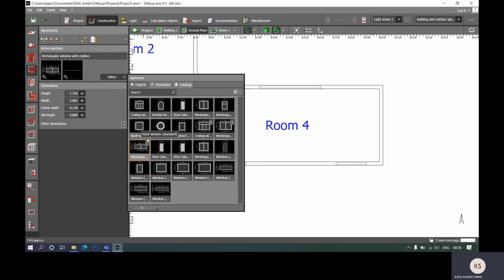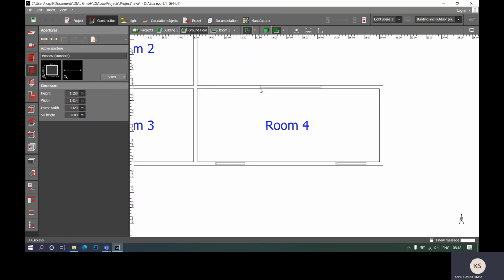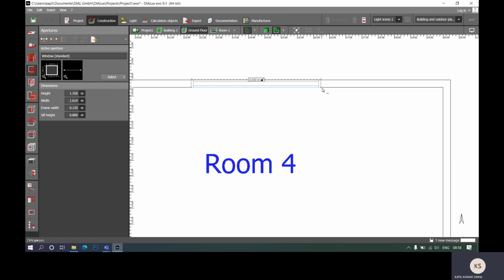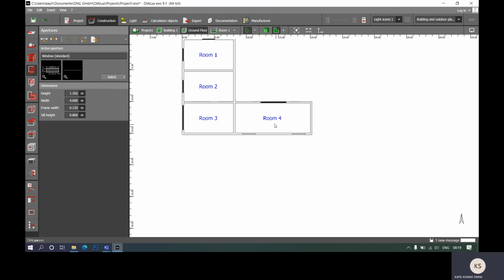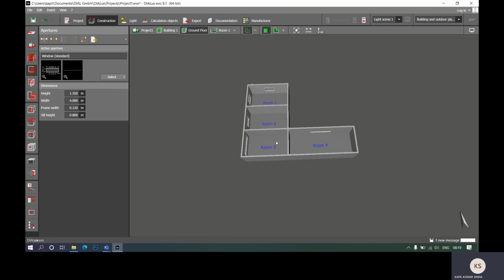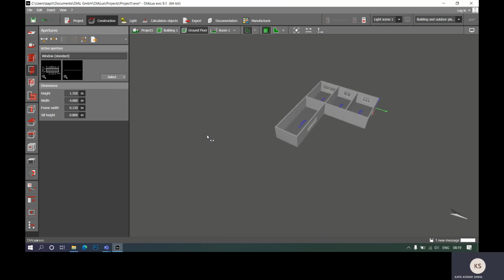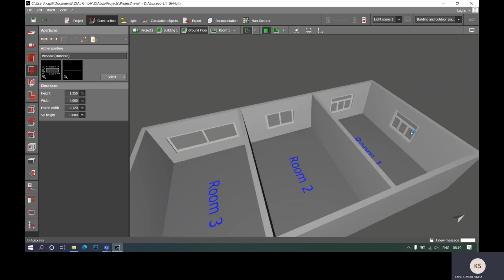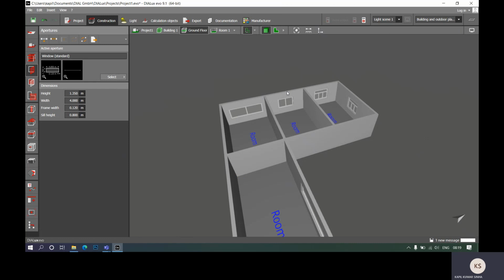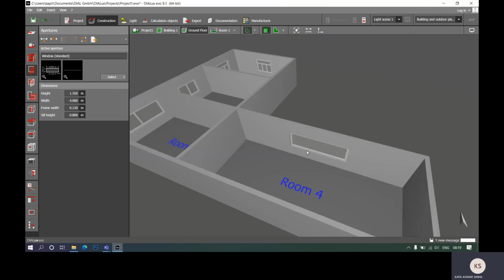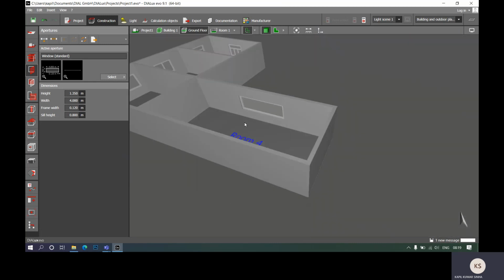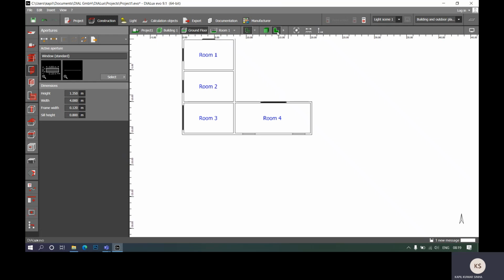Here I'll use the full standard window without any mullions or transoms. Again, as you see, in all the cases I have used the windows with a sill level of 0.8 meters. So as you can see, whatever the design we have created, this is without any transoms. Now I want to again insert 2 more